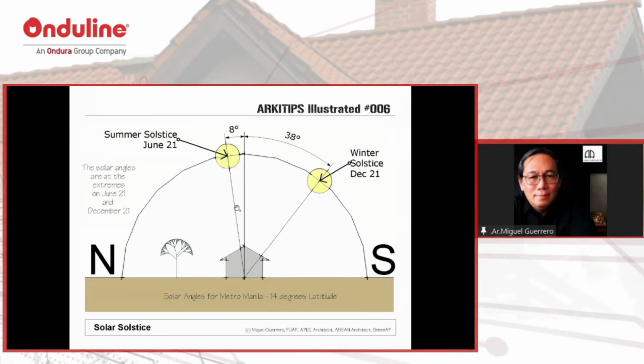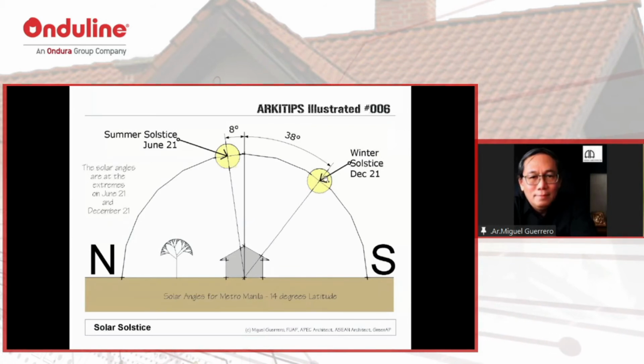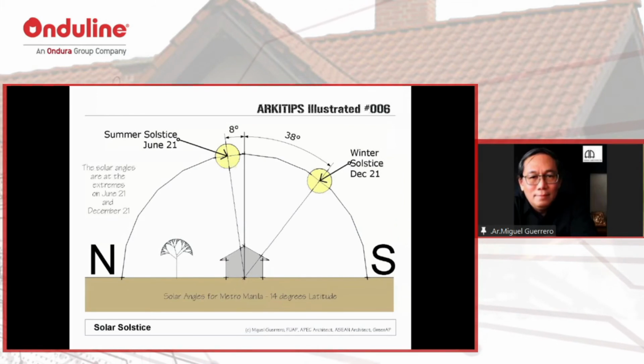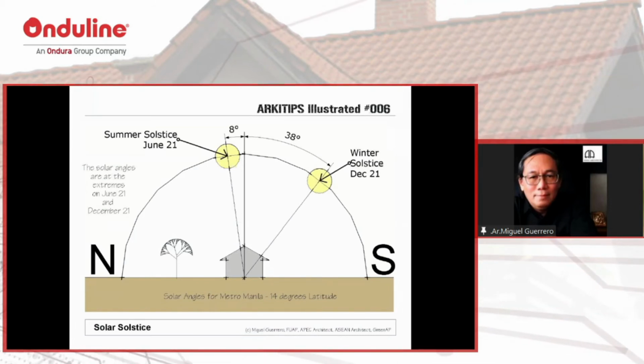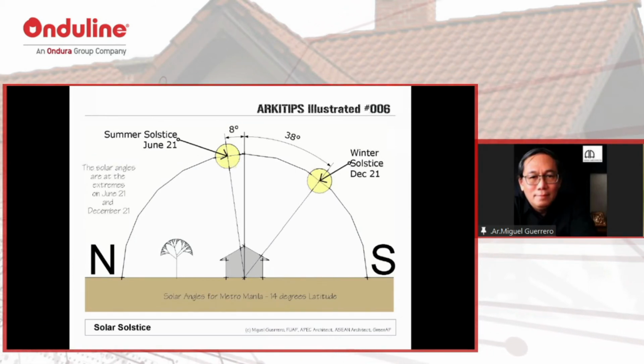This is interesting because we can also use that data to shade our windows on the north. And on the winter solstice, which is December 21, which is the farthest point where the sun is going to pass east-west on the southern side, it is 38 degrees from the vertical. Therefore, you can also calculate your eaves using that. We need that because that's how we're going to design our roof to take photovoltaics. So with the sun moving east-west, predominantly on the southern side,